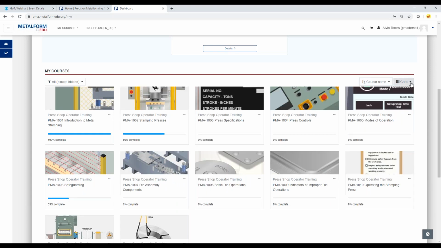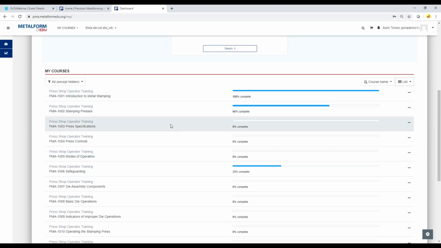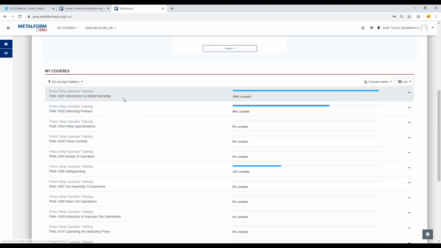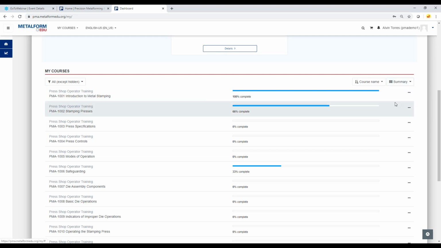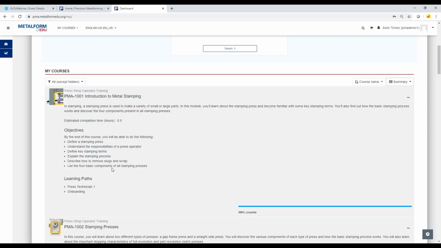And then if we click on this one here that says card, you'll notice there's two other options. So the first one is list. So that's a little bit more compact. So it still has the course name, it's a clickable link to the course, and it shows that status bar. If they want more written information, they can also go to the summary mode. So that shows the course information, the training time, the learning objectives, if there are learning paths attached to it,